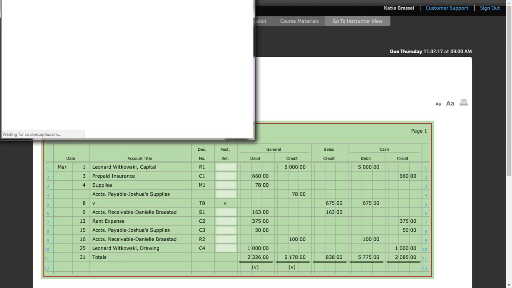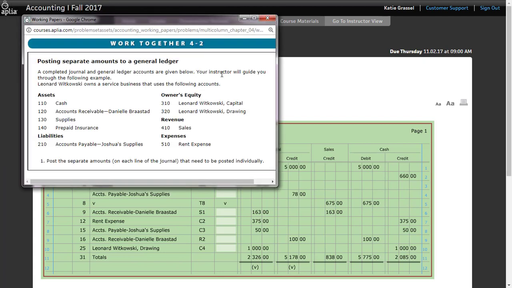Our directions read, a complete journal and general ledger accounts are given below. Your instructor will guide you through the following example. Leonard Witowski owns a service business that uses the following accounts. So they give us our ledger accounts. And then it says, instruction number 1, post the separate amounts on each line of the journal that need to